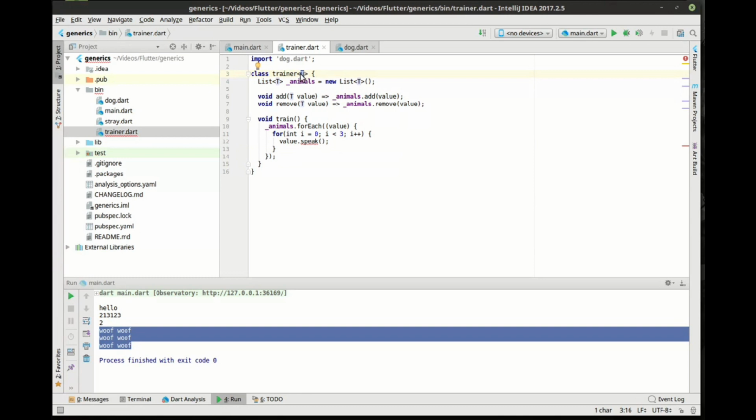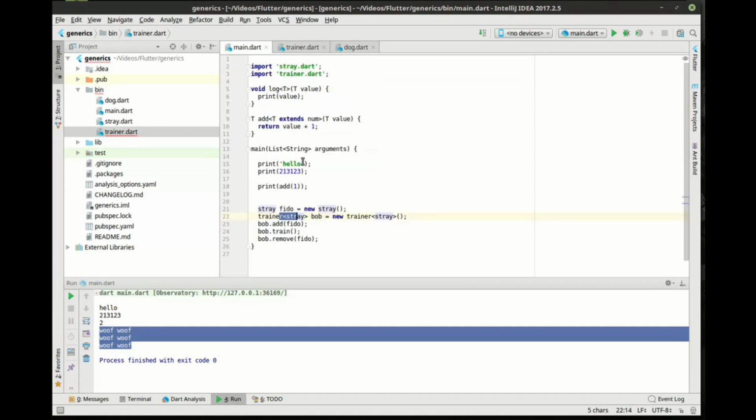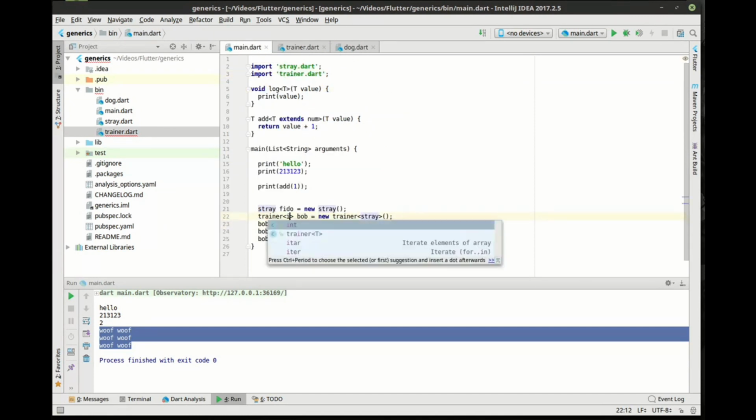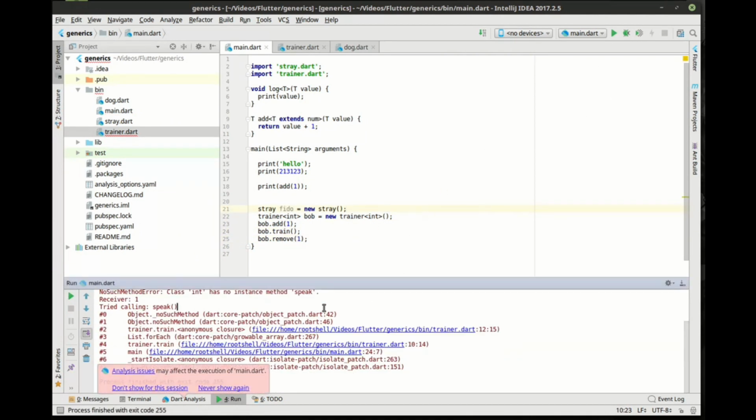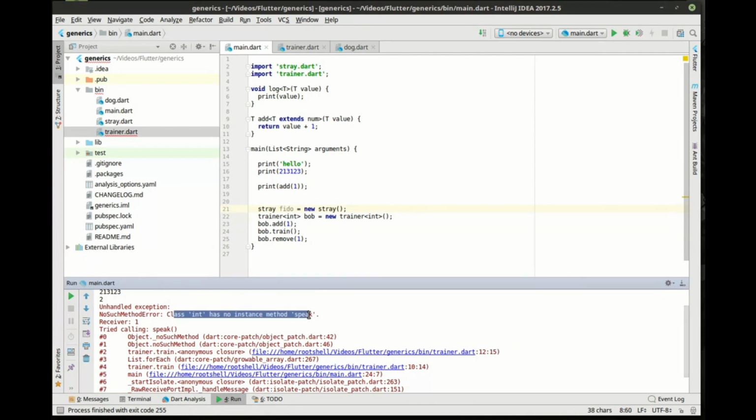If we were to put an integer in here, it's going to die because integer doesn't have a speak in here. And let's actually try that. Let's say 1 and 1. That's probably not going to work, but let's try it. Yeah, see, boom. Class int has no instance method of speak. So the same code did work, but didn't work. It works for what we programmed it for, but it didn't work for integers. So what we need to do now